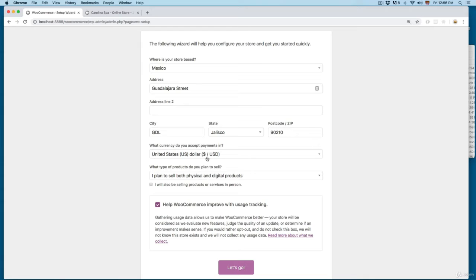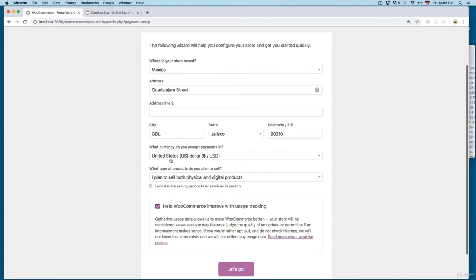One quick example, if you are selling a product of $100 and then you switch to Mexican peso, WooCommerce is going to charge 100 Mexican pesos. So you need to update the values, something really important. So I'm gonna use United States dollars.